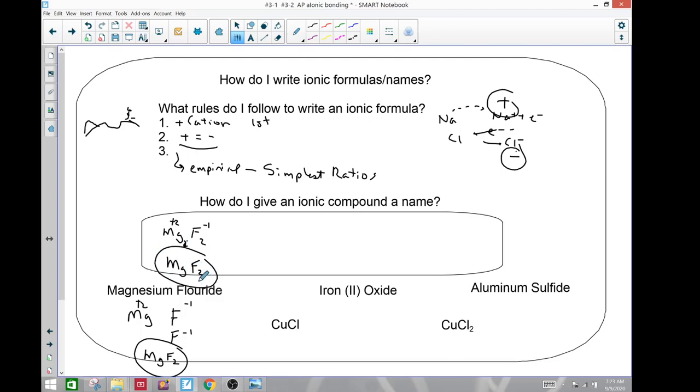Okay. Again, that's just a little technique. Does it work all the time? No. Let's look at iron oxide, iron 2 oxide. So that means Fe has a positive 2 charge. That's there because there's more than one version of iron. Oxide is an O negative 2, which is of course why I chose this, to mimic when this does not work. All right, so if you charge balance this, you get